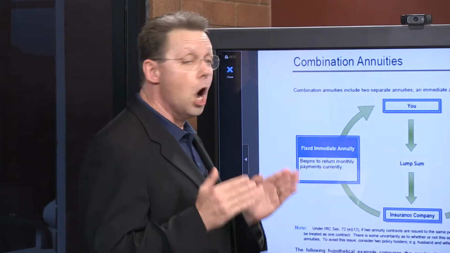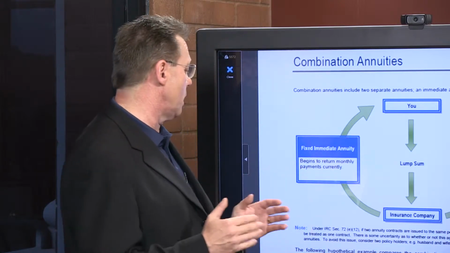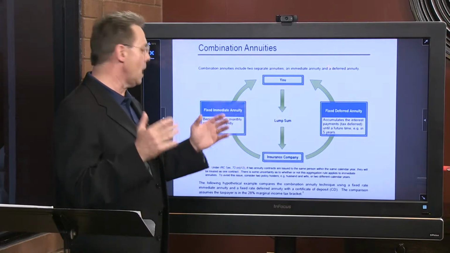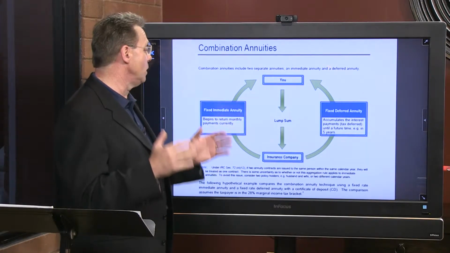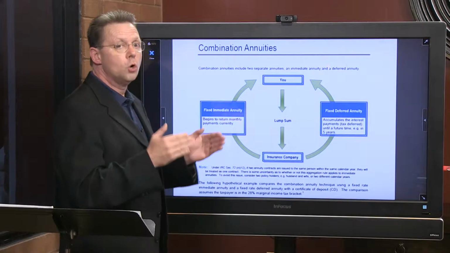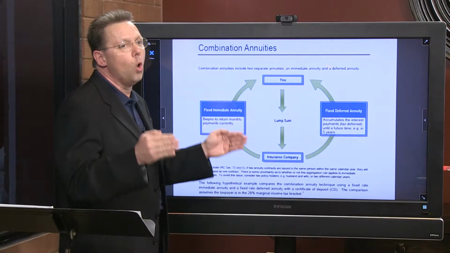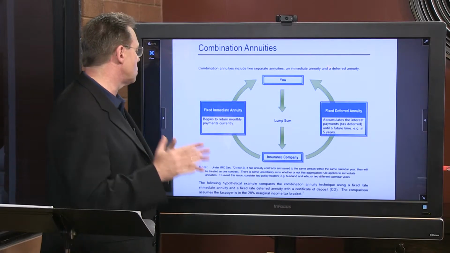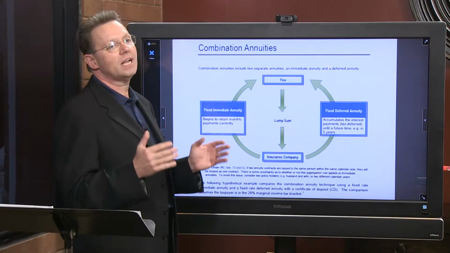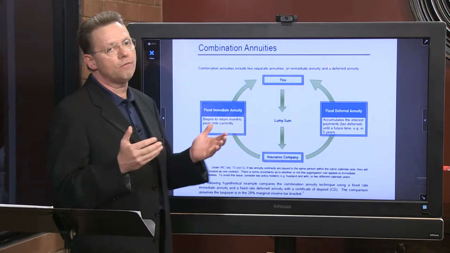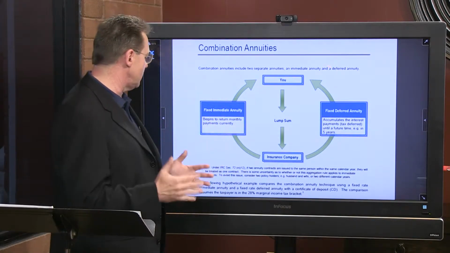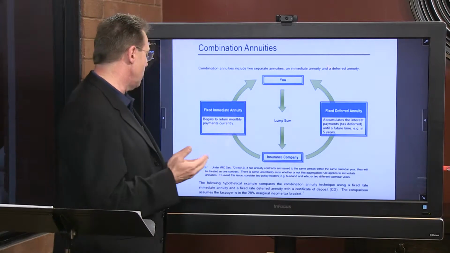Now, remember, under the section of the code, this is pretty important, section 72, it really talks about this issue that two annuity contracts that are issued on the same person will actually be treated as one contract. So just be advised, there could be some uncertainty here on the tax consequences, but we've been doing this for a long time, and so far the service hasn't said anything. But I just want to give you the heads up for our disclosure purposes. You may want to look at that.